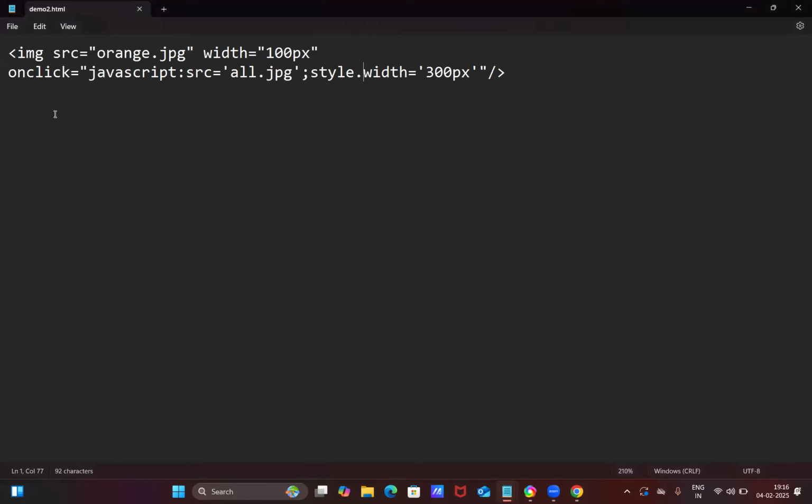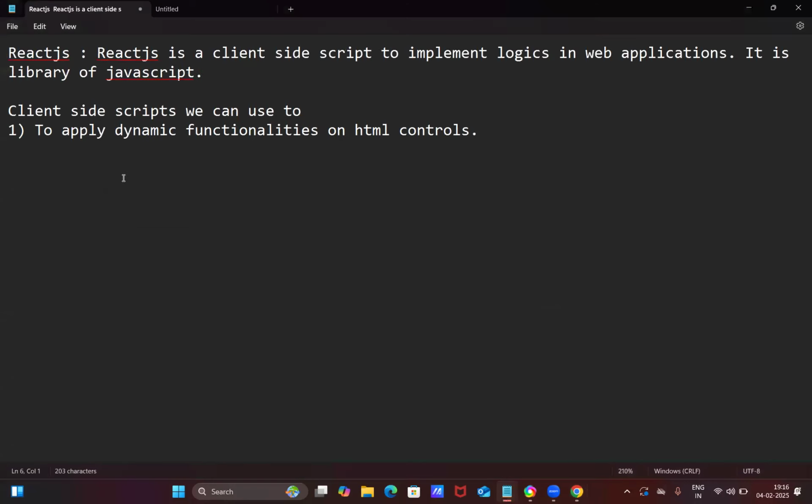Okay. Next, second point. Validate input controls. So HTML controls, registration page, login page, like that. These HTML controls, validations you want to perform. You want to perform the validations on these controls. Then also you are taking the support of these client-side scripts. Third one,